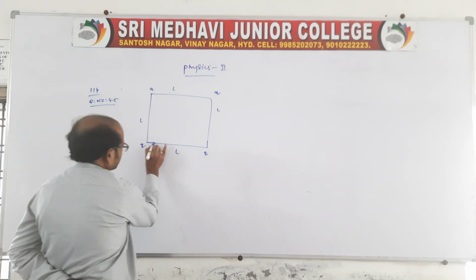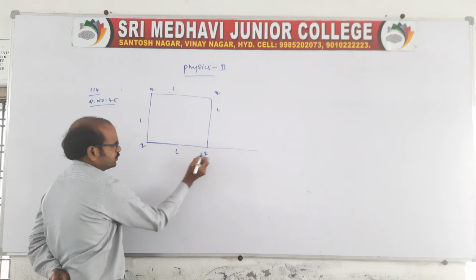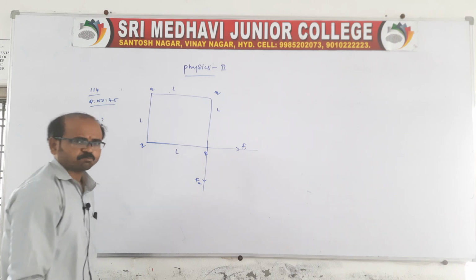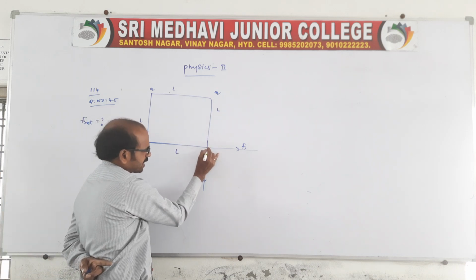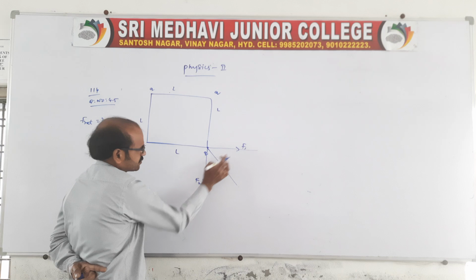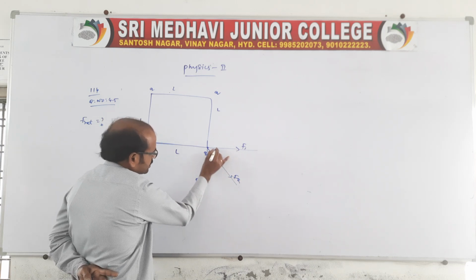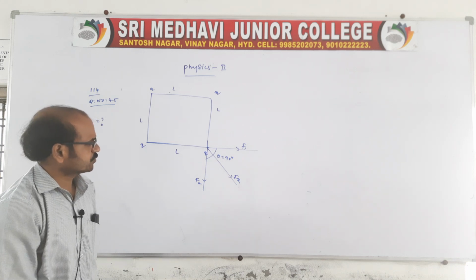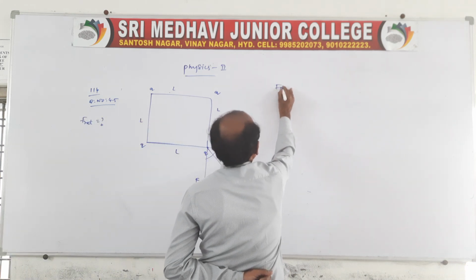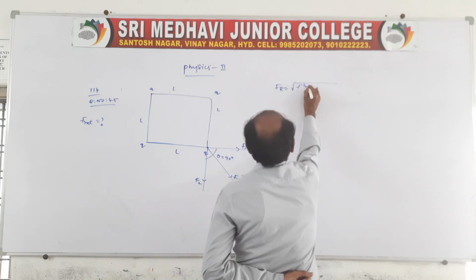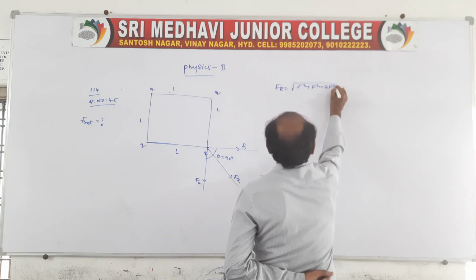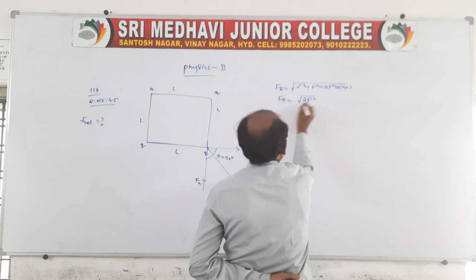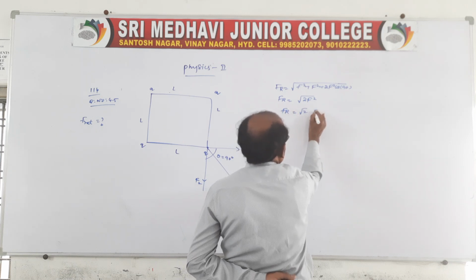Right? So there is a force acting due to this q and q. The force will be F1, and again it is also acting F2 like this. So due to q, at this corner, the resultant will be represented because of these 2. You say resultant is Fr. Of course, the angle between these 2 forces is 90 degrees. Therefore, resultant Fr is equal to root over F square plus F square plus 2F square cos 90. Therefore, Fr is equal to root 2 F square. So Fr is equal to root 2 into F.